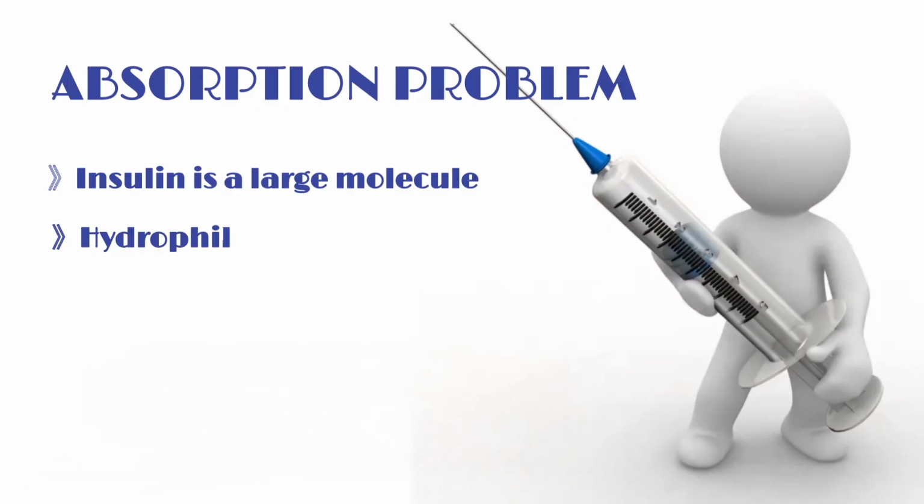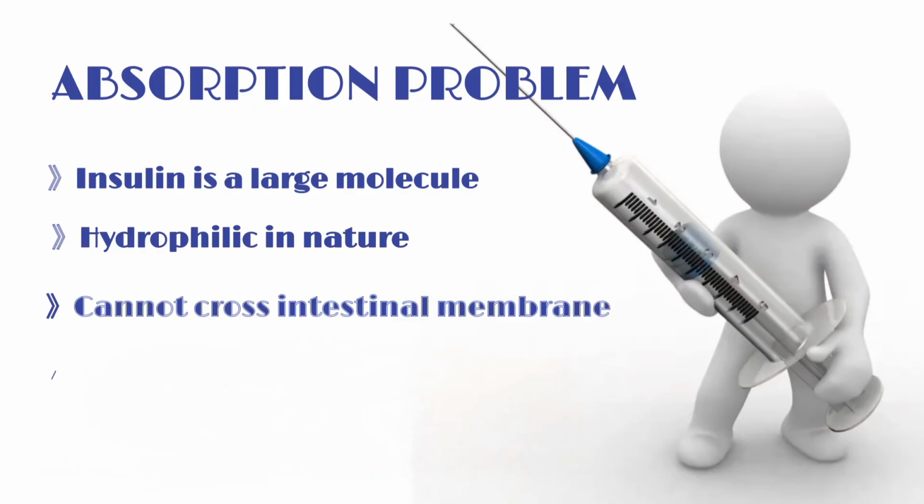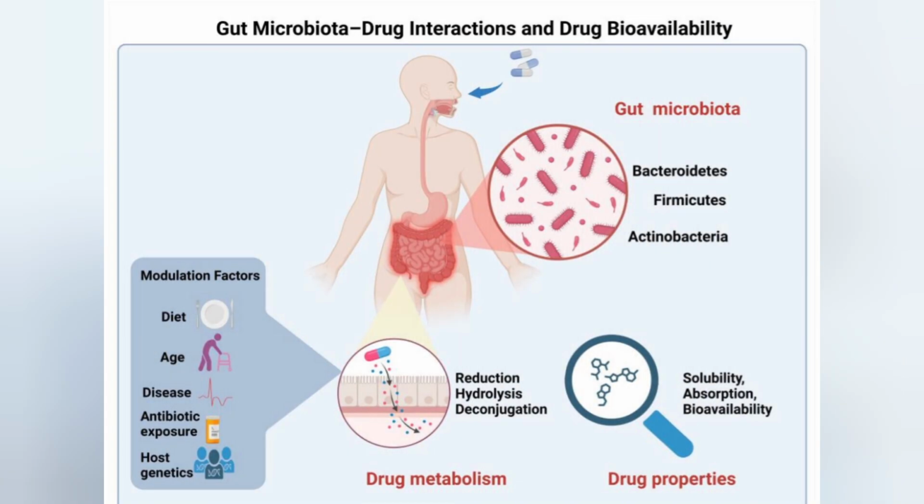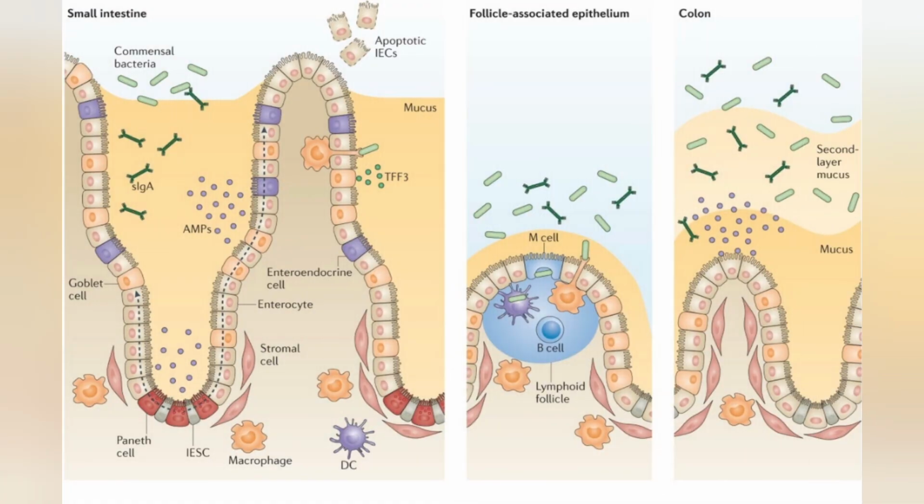Next, poor absorption through the intestinal wall. The intestinal lining acts as a selective barrier, so large molecules like insulin cannot easily pass through the intestinal membrane. Insulin has a high molecular weight and is hydrophilic, which prevents it from diffusing across the lipid membrane. Unlike small drug molecules, insulin cannot be absorbed effectively through passive diffusion. Therefore, even if insulin is not destroyed, it cannot cross the intestinal wall in sufficient amounts.